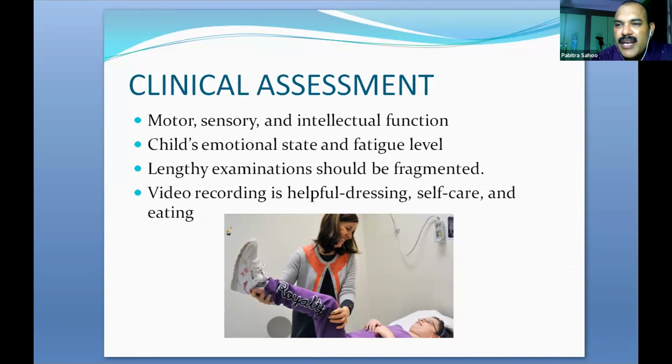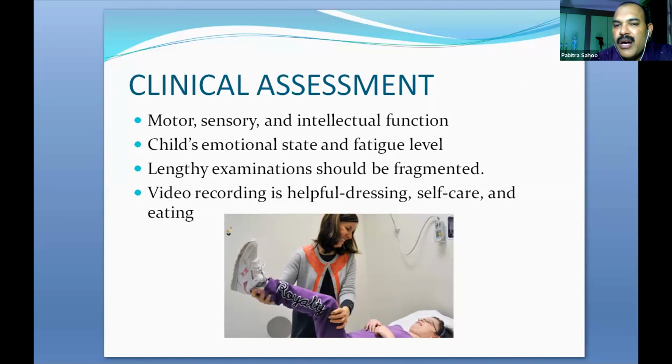If you examine the child's shoulder, upper limb, lower limb, finger, and hand at one stage, the child will not cooperate with you. So you have to think about the emotional status of the child, and because they land in early fatigue, they will not cooperate. So you have to examine in a fragmented manner. All the lengthy examinations should be done in a fragmented manner. If the child is still not cooperative, then it is better to go for a video recording,